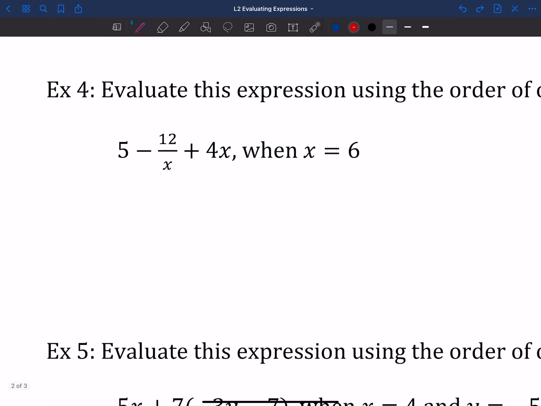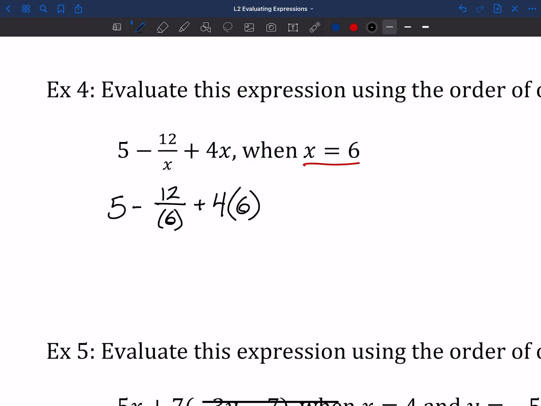Okay. Let's try another one out. We've got 5 minus 12 divided by x plus 4x. Notice that when we got to this part right here, I said 12 divided by x, because fractions are just division. I know that they're a little scary, but we got this. We're plugging 6 in for x. And when I do that, it's going to look something like this. 5 minus 12 over, again, we're plugging in that 6, plus 4